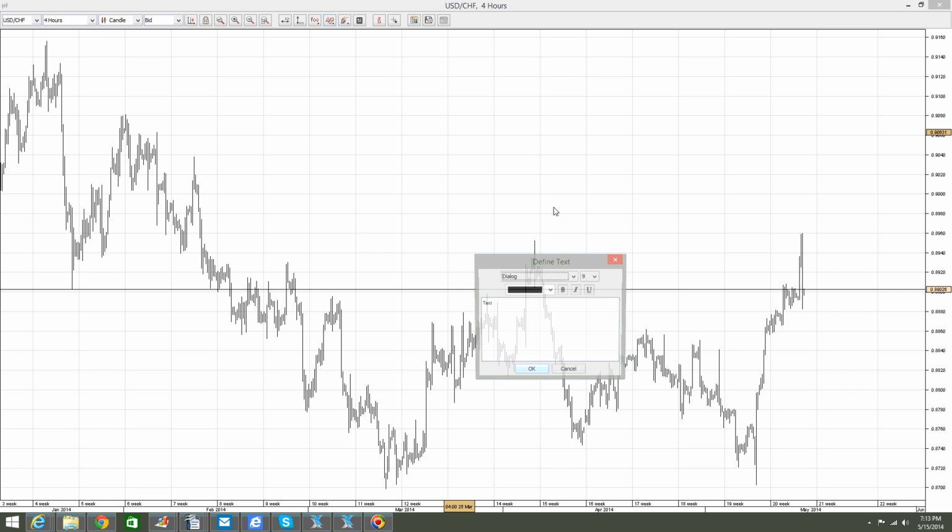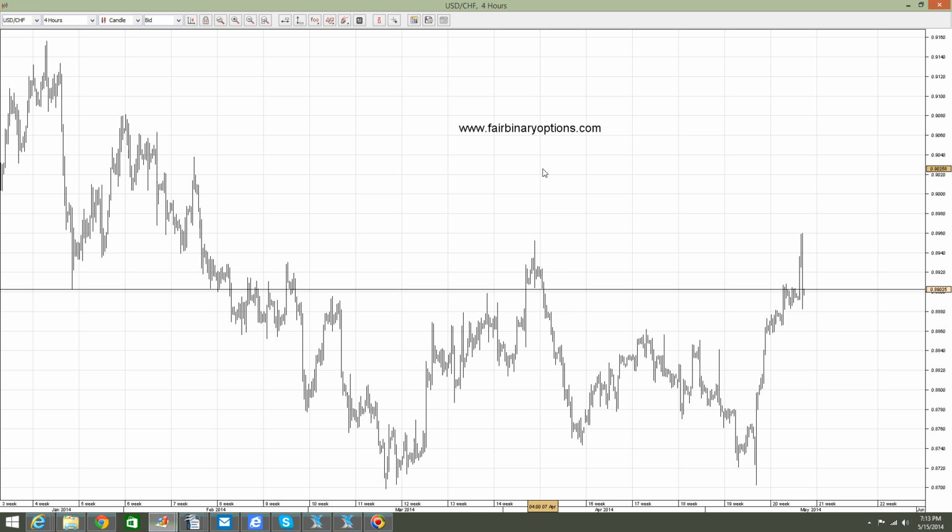So let's write on the screen that this is fairbinaryoptions.com. We are looking at the US dollar and the Swiss franc here. My point of view, we just have a flat pattern that is completed here. This flat is, I would say, an irregular flat. An irregular flat because the lows in the previous B wave there took the lows on the previous